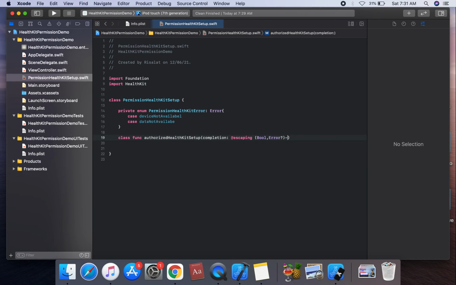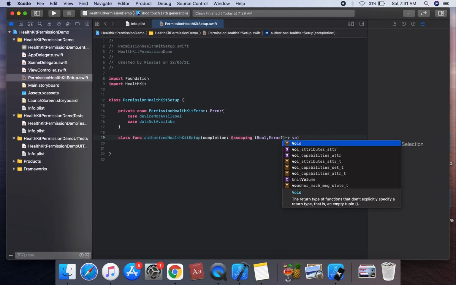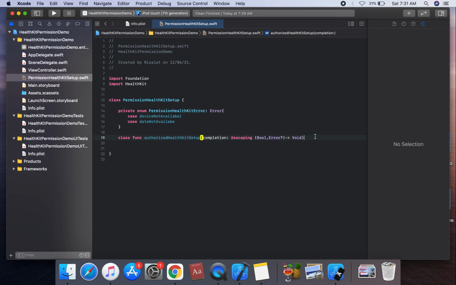The return type is Void, so this function does not return anything.